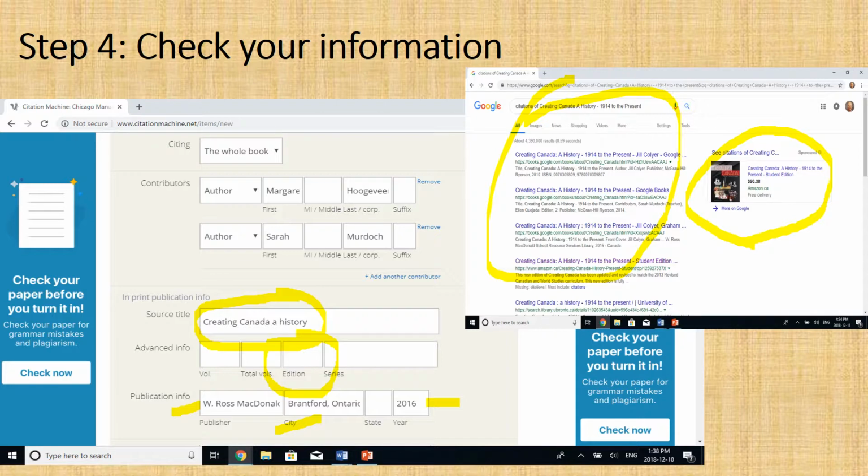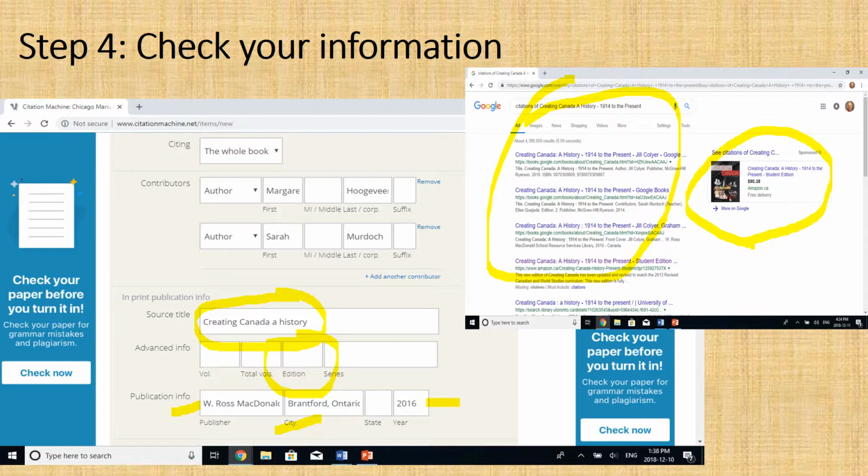So just a word to the wise here, you are the last word on what gets used in the citation generator. So be the boss and check that stuff out, and be the last word on how you get your marks,